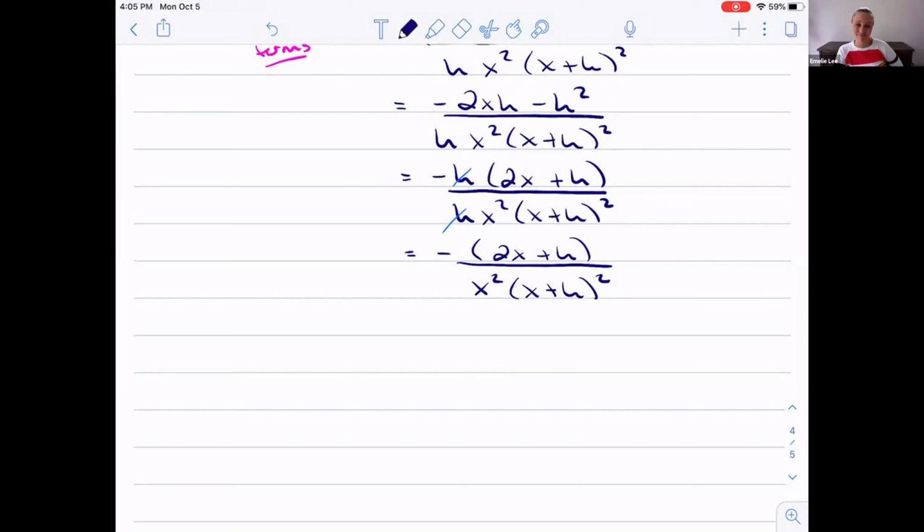Fractions, right? 2x plus h. Where did the negative over x plus h squared go? But yeah, like I said, it will not be as nasty at all, but